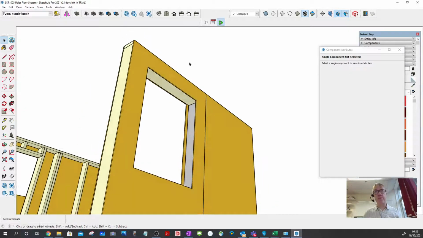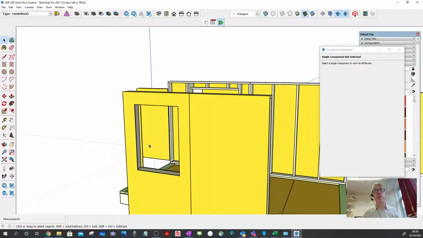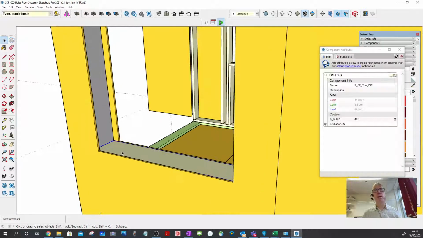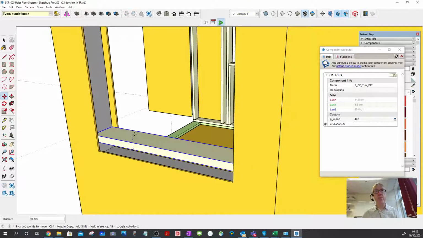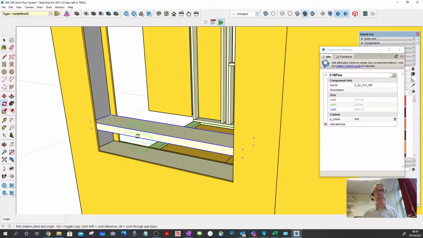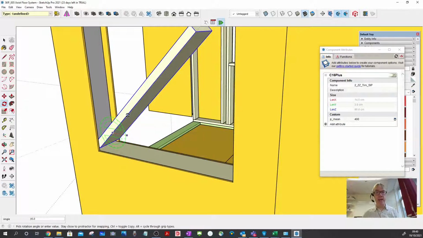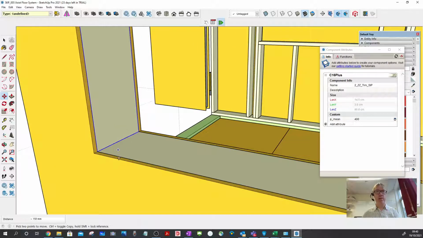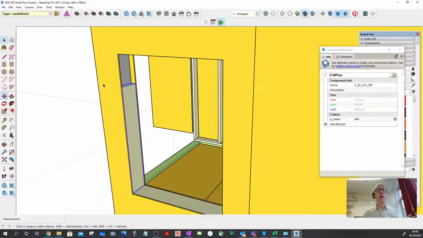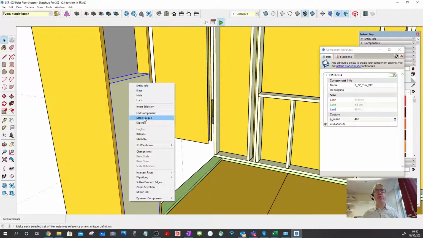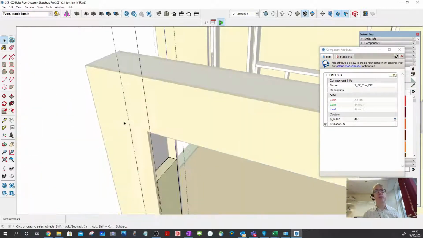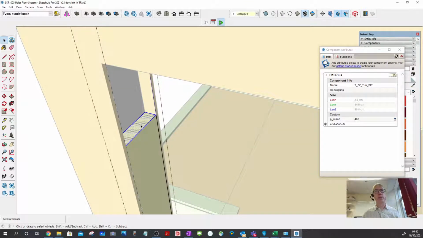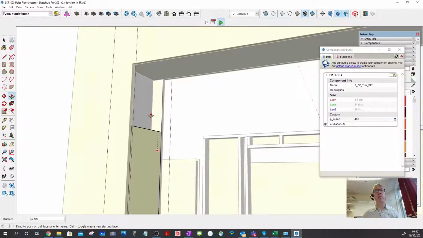And then I'll need to have two verticals. So select my timber, press move, keep the original, then I'm going to have to rotate it on the green axis 90 degrees, move it up so I can get the bottom of it somewhere, and then move that in into that corner, and hopefully just press make unique, always remember to do that, select that face, and pull that up to the top there,